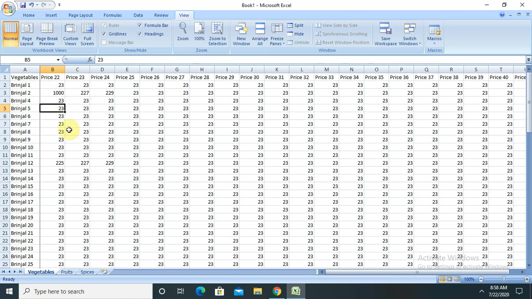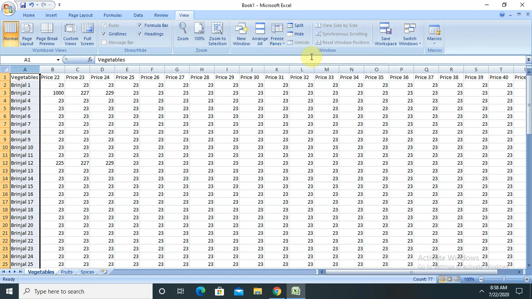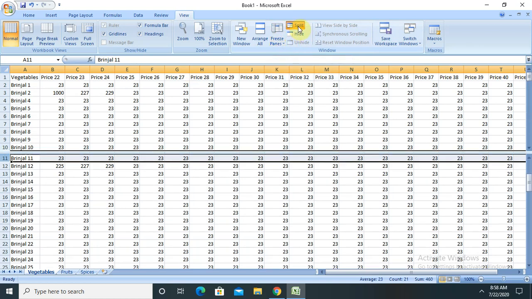Let's say if you want to perform a split operation, let me unfreeze here. Basically, the split operation lets you view multiple distant parts of a worksheet at once. So let me split here.